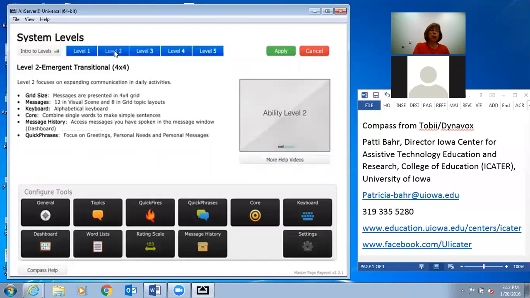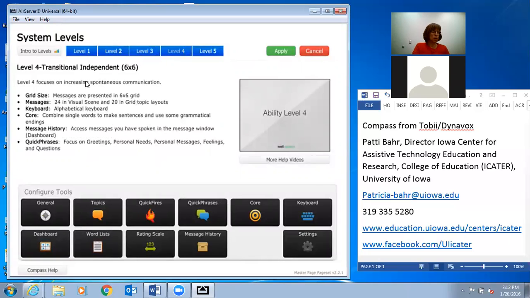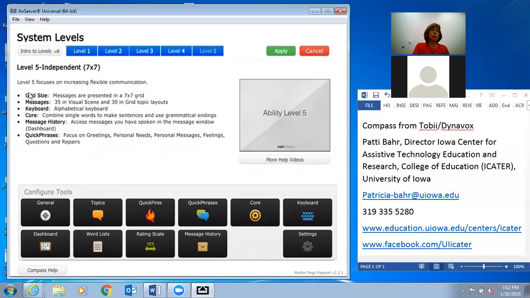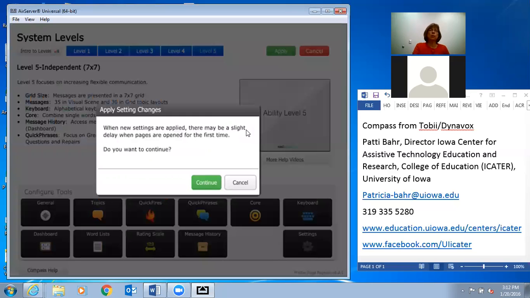Level 2, emergent transitional grid. Like I said, I went to the kind of the mid-level, context dependent. And level 4 again is transitional independent. Level 5, the independent. So I'm just going to apply this just so you can see kind of the